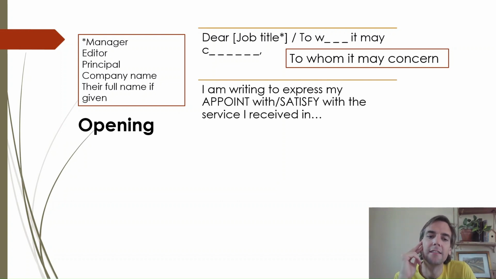Why are you writing? Well, it's a letter of complaint. I'm writing to express my something with the service. This is Use of English part 3, if you didn't get the idea. You need to transform this word so it makes sense for a letter of complaint, like in Use of English part 3. Always be thinking about how you can practice, because all the exam is linked. It's a C1 exam, meaning they're going to use the same kind of level, vocabulary, grammar in different parts.